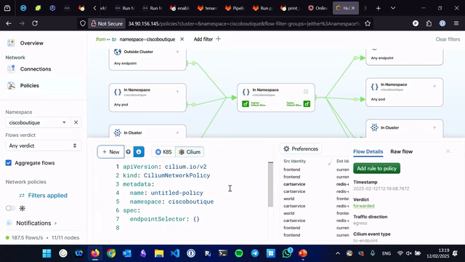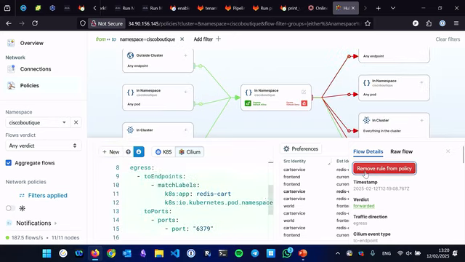What we can do with Hubble is generate infrastructure as code configuration dynamically. And this is done based upon flows that are detected in the network. So our developer doesn't know what firewall ports he needs. Okay, we can find out. We don't need to go through the dance back and forth. What firewall ports do you need? I don't know. Okay, let's enable them one by one until you finally get your application up and running. We can say no. Deploy it in a test environment, find out what ports you need. We can define those and create policy for these.